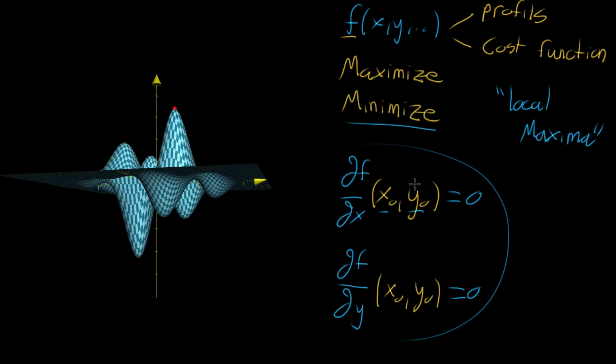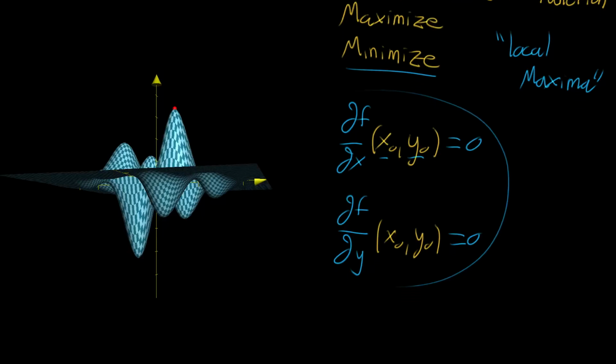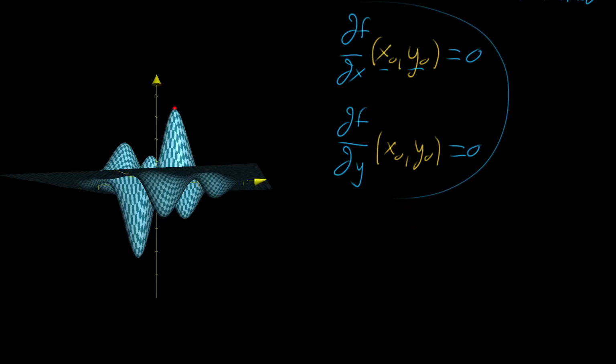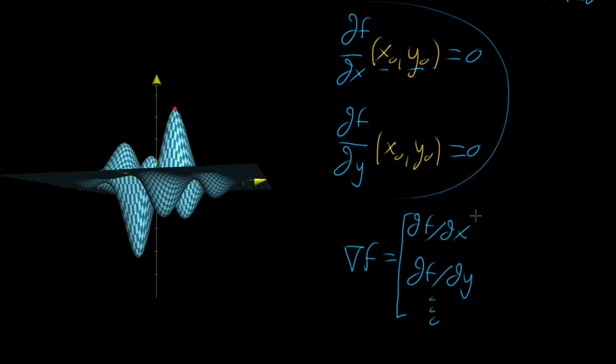And these requirements, by the way, often you'll see them written in a more succinct form, where instead of saying all the partial derivatives have to be zero, which is what you need to find, they'll write it in a different form where you say that the gradient of your function f, which of course is just the vector that contains all those partial derivatives. Its first component is the partial derivative with respect to the first variable. Its second component is the partial derivative with respect to the second variable. And if there were more variables, you would keep going. You'd say that this whole thing has to equal the zero vector,